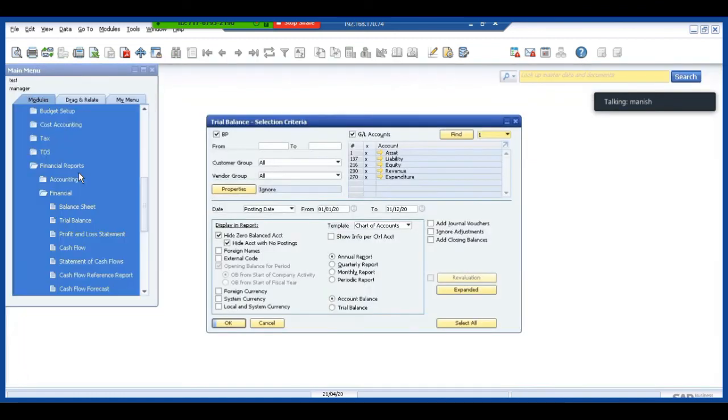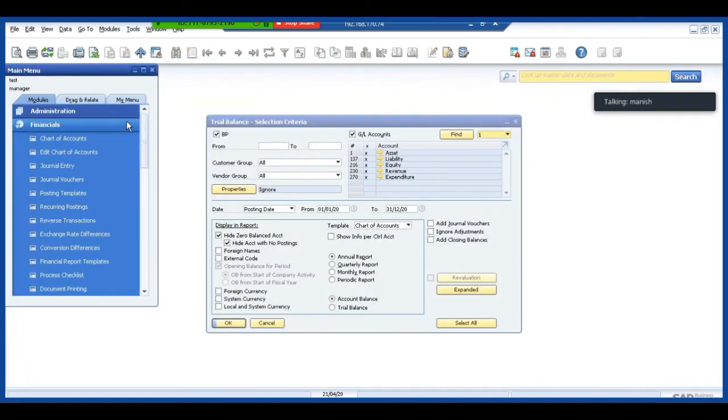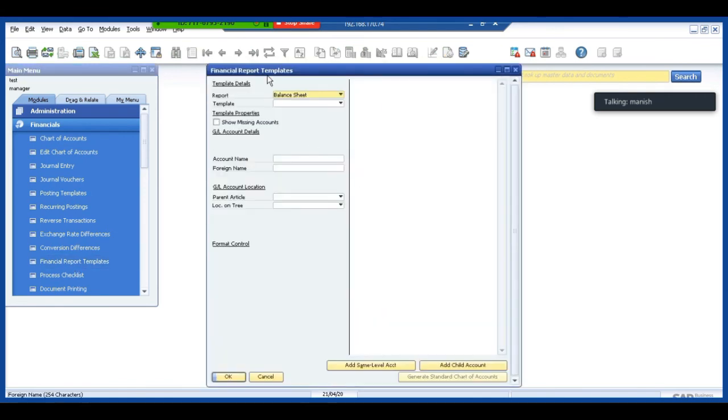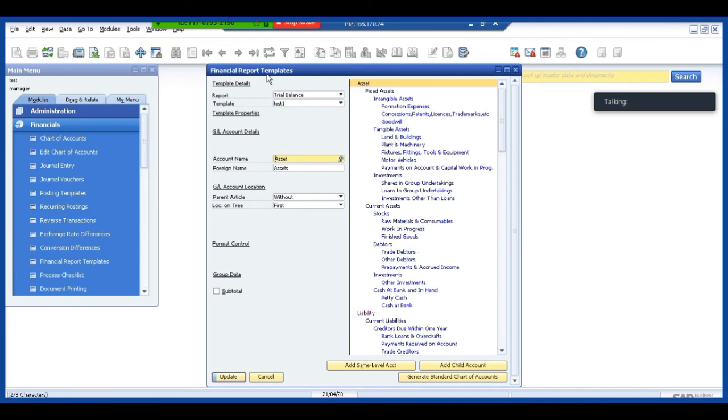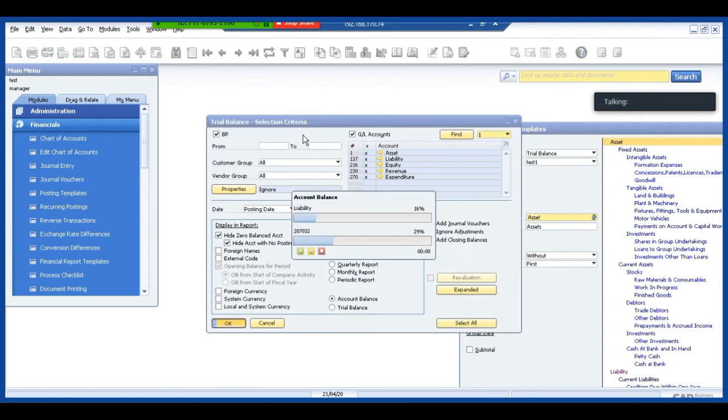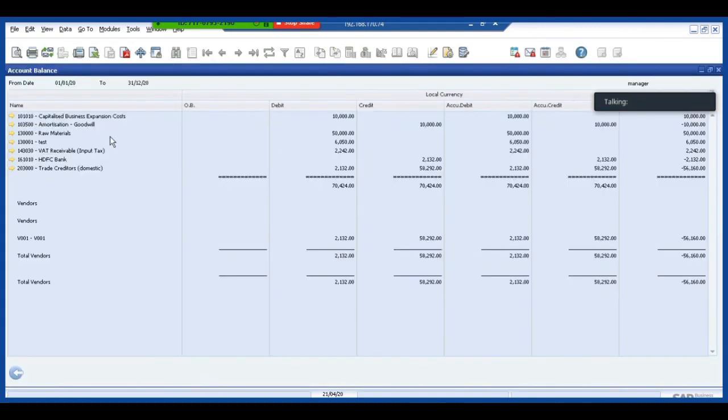If I want to see how many GL accounts this 10,000 constitutes, for that I'll go to finance, sorry, finance and financial report templates. Trial balance. I've already created one, test one. Generate standard chart of accounts. Out here, the heading was, say for example, raw materials.